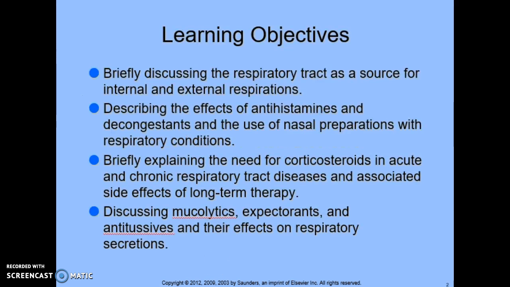Learning objectives for this chapter: briefly discussing the respiratory tract as a source for internal and external respirations, describing the effects of the antihistamines and decongestants, and the use of nasal preparations with respiratory conditions, briefly explaining the need for corticosteroids in acute and chronic respiratory tract diseases and associated side effects of long-term therapy, discussing mucolytics, expectorants, and antitussives and their effect on respiratory secretions,